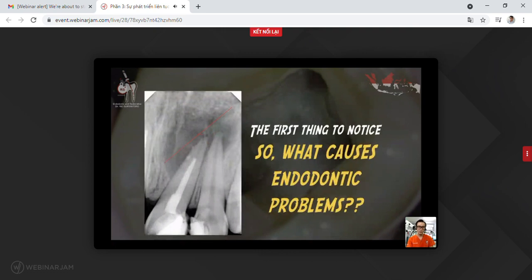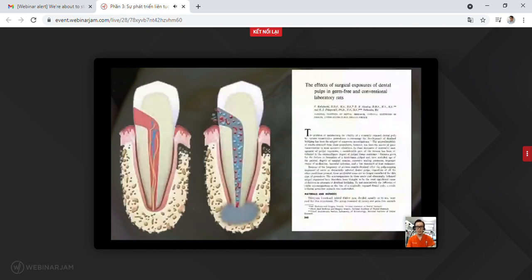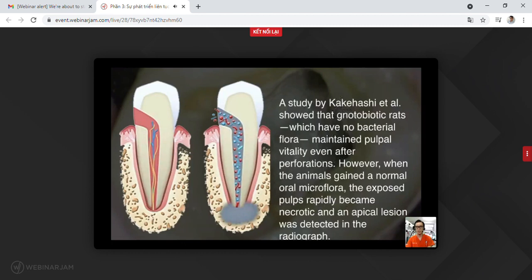So, if you want to know what I should do to follow the endodontic procedures, maybe we have to come back first to the clinical question. What causes the endodontic problems? The endodontic problem is usually caused by bacteria. So, in 1974, Takahashi et al. did the research on gnotobiotic rats. It means that the rats don't have any bacteria at all, in which he opened the pulp, and in one group he put bacteria, and in another group he didn't put any bacteria at all, and then as a result